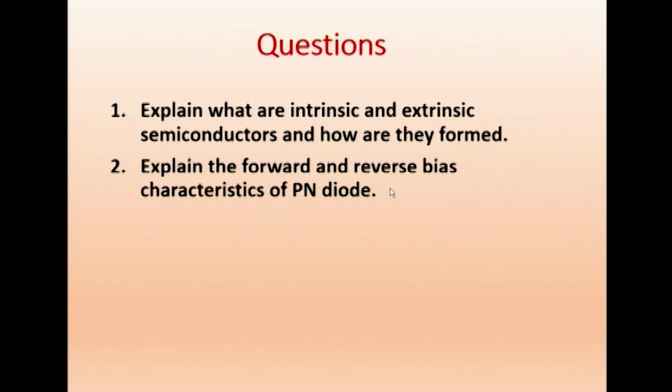When you say characteristics, suppose I draw a graph, in reverse bias the current will be in microamps. In forward bias it will be in milliamps. Therefore we can show the ranges, one in milliamps and the other in microamps, and we can discuss the utility. We will also discuss the types of detectors which have been used in CERN experiments. This LHC, Large Hadron Collider, will be the concluding part for the detectors.